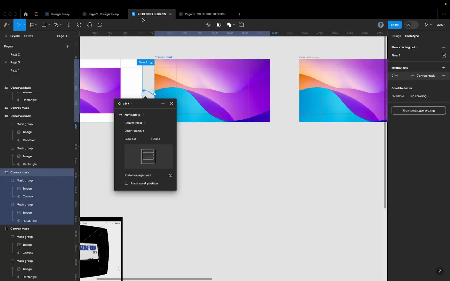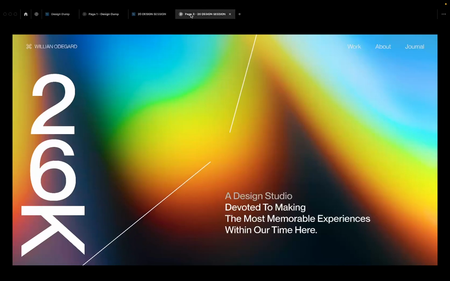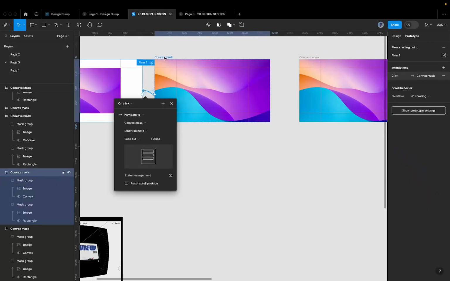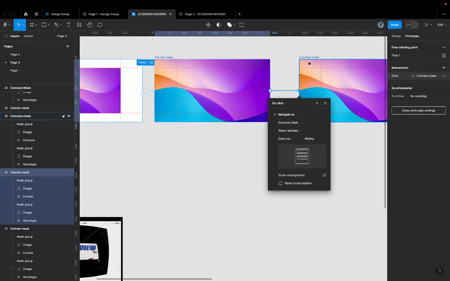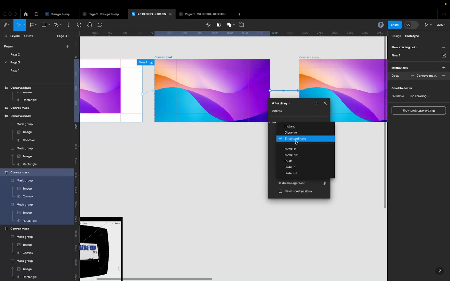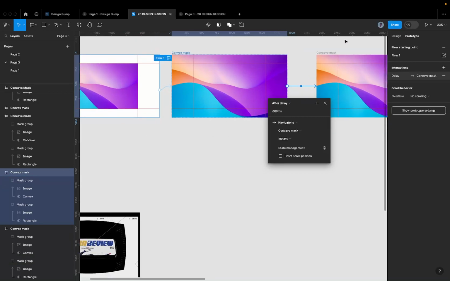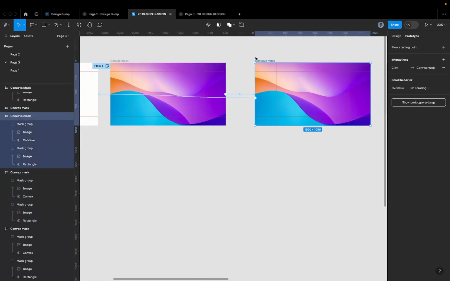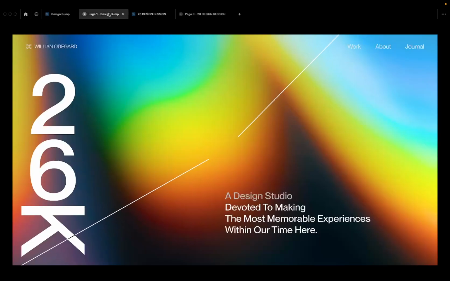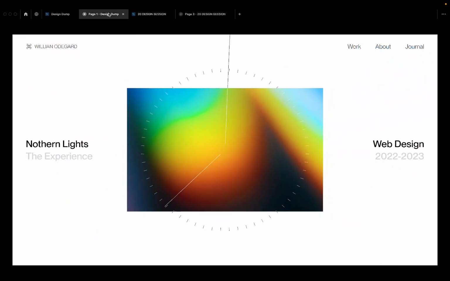So what you want to do is to get it to happen the same way in this particular design. To do that, you just make it so that once it grows big like this, it jumps. Let's change here. From here, I'll set it to after delay, and then change the animation type to instant. So once it expands, it instantly jumps into what's called the concave mask without anybody knowing. That's actually what's happening here, but you can't tell because it's happening really, really fast,